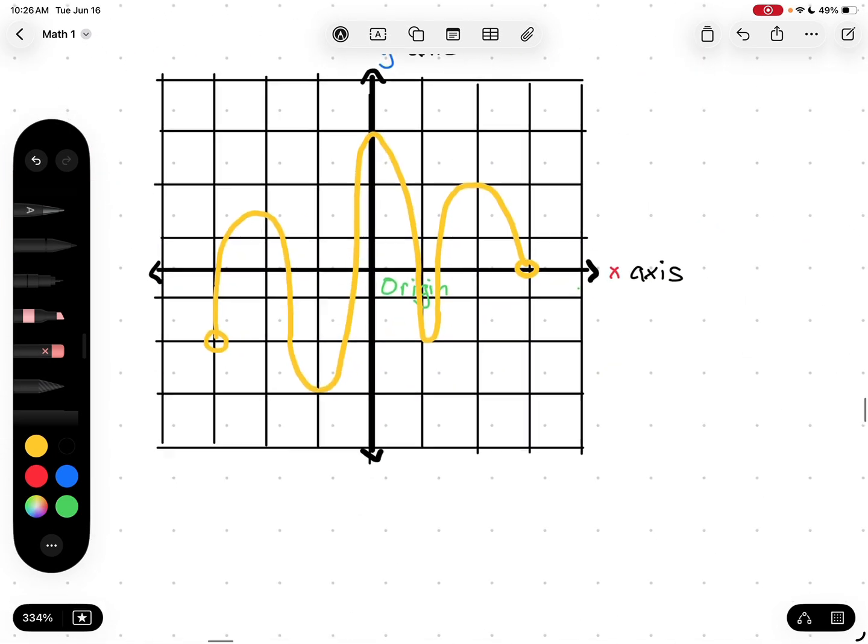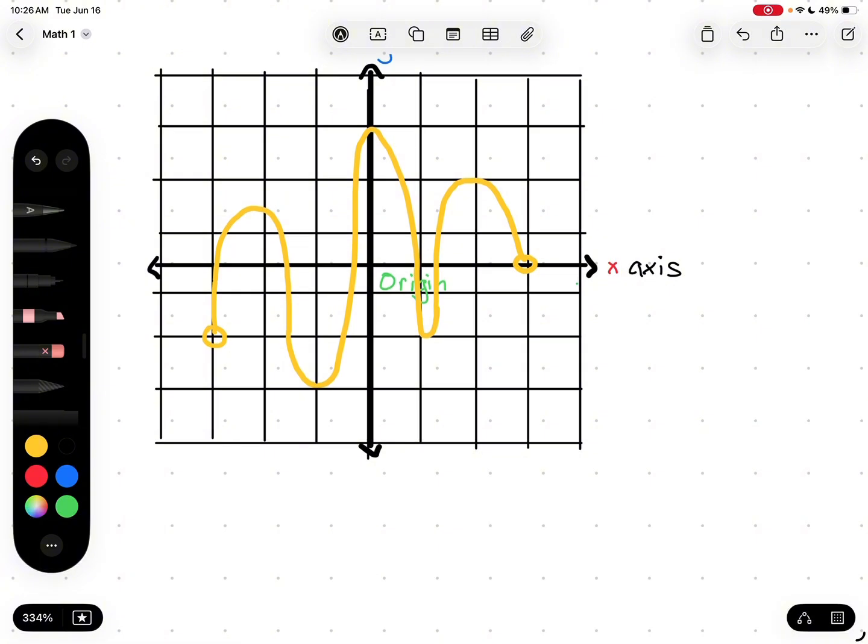Lastly, we have this wonky kind of graph. Again, we read domain from left to right, and we're starting with domain. So let's start from left. We hit our first point here, which is at -1, -2, -3. It is an open circle, and open circle means this sign. We continue reading from left to right,